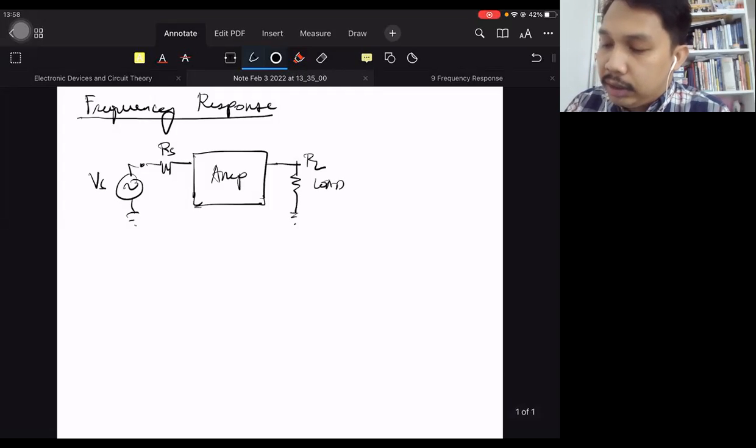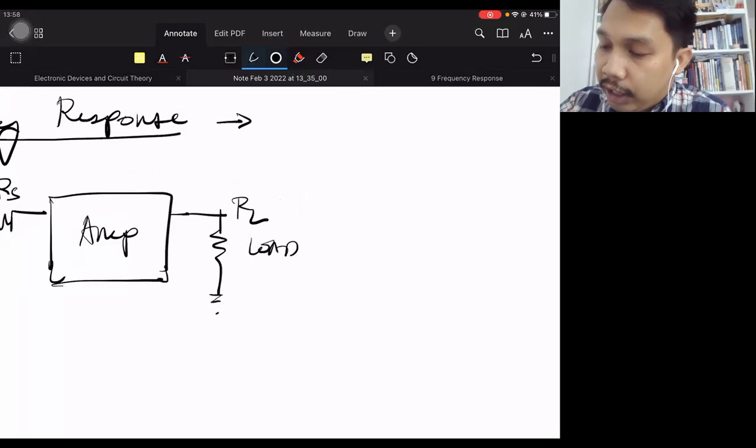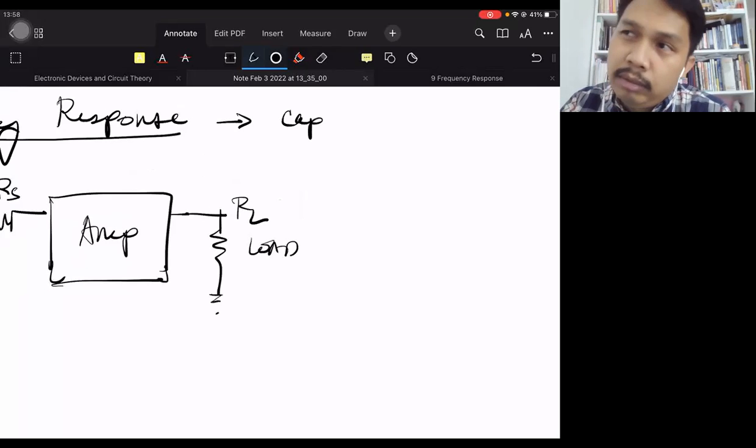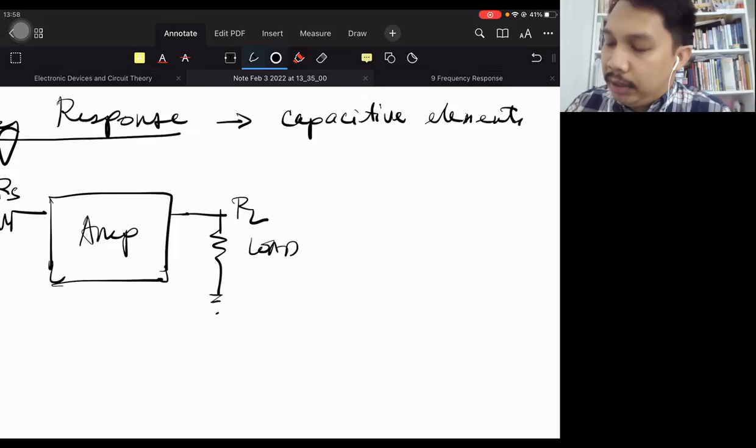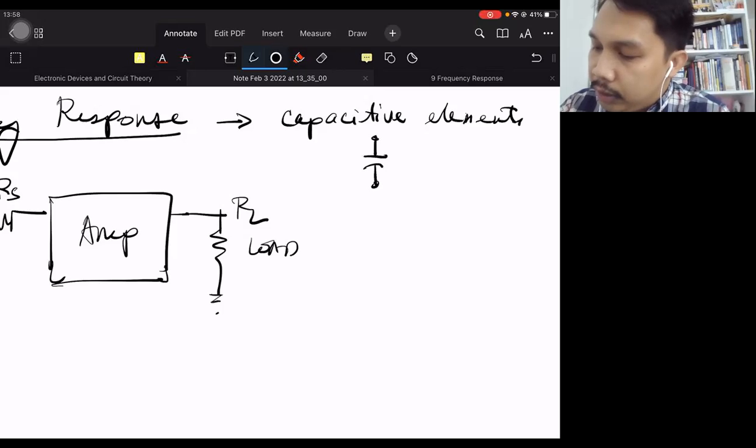But for amplifiers, frequency response depends on capacitive elements, no? And nothing else. Capacitive elements, mga capacitors, external capacitors. So there are external capacitors like the coupling capacitors na atong na-observe sa atong